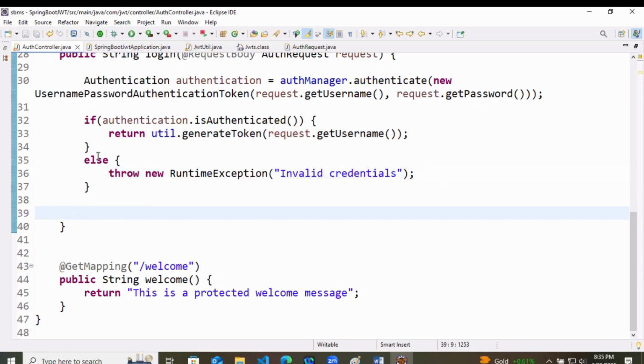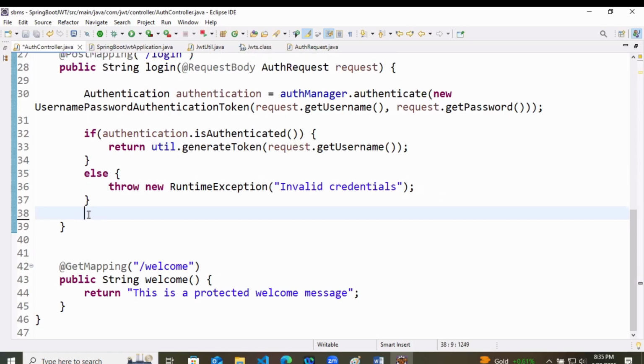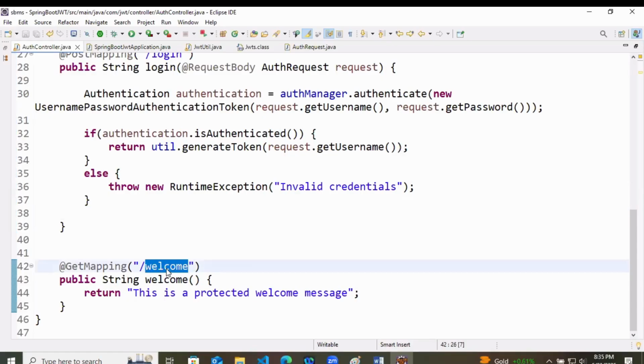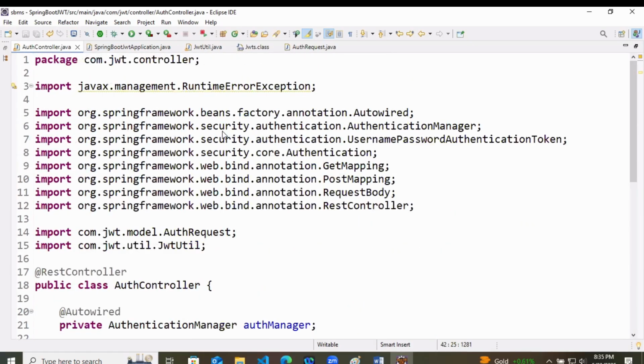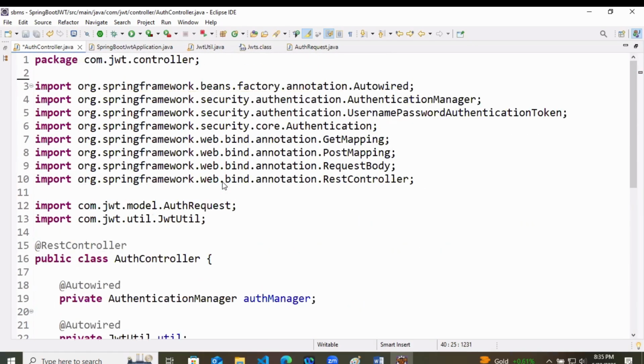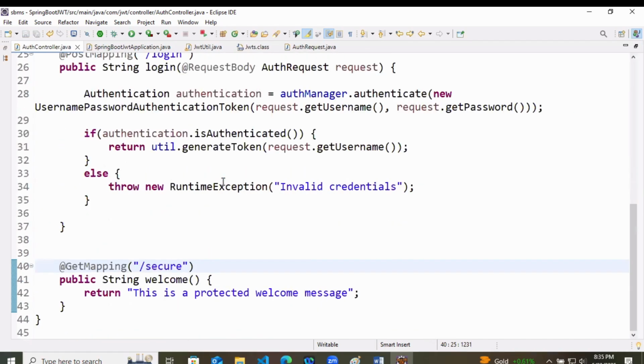So what we are doing, we are trying to authenticate the user here. And here we already have a slash welcome like this. Now, if welcome is looking somewhat down, you can keep it secure. So here it will take the secure endpoint.